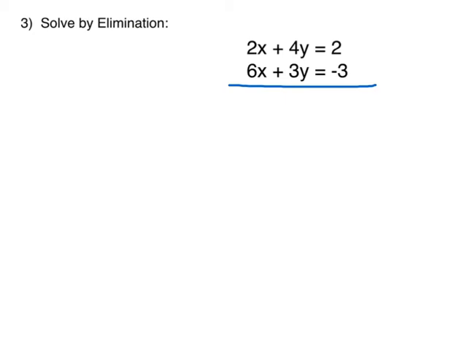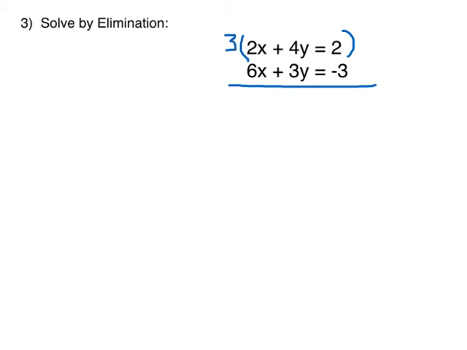We're going to actually learn another one with the multiplication where you can multiply both lines. But bottom line here is I take a look at this, and there's nothing times 4 that'll give me 3 nicely, or 3 times 4. But there is a number times 2 here to get me the 6. And as I go and do this, I would put a set of parentheses around this, and I would actually multiply by 3. But 3 times 2 gives me